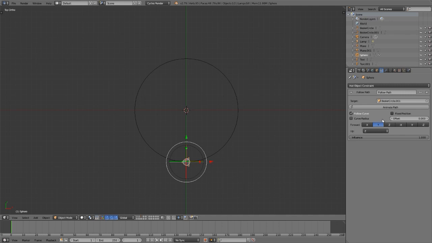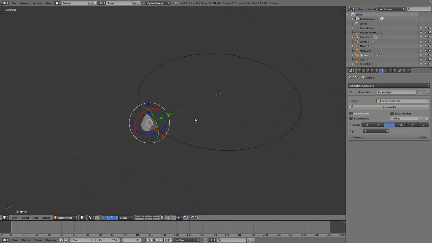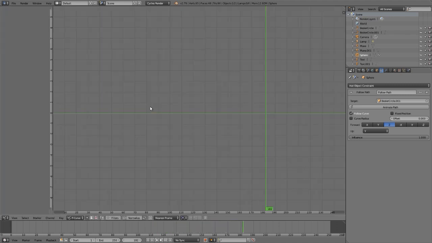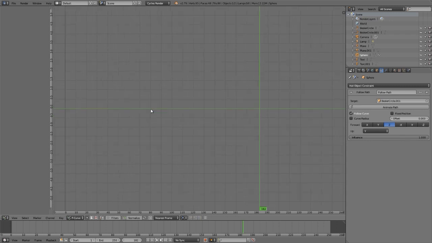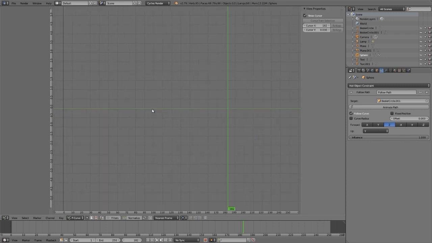Following the curve and then adjusting the settings so that your object goes the direction you want it to go tends to be easy enough, and then when you hit animate path and run the animation, you get a tiny little circle of something going around. When it comes time to change that animation, you take a look at what you have and nothing is there. Nothing is there because